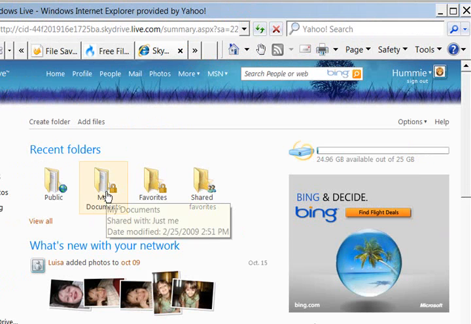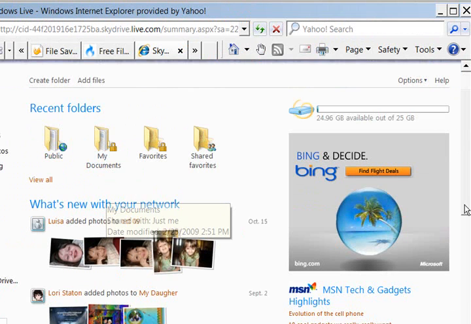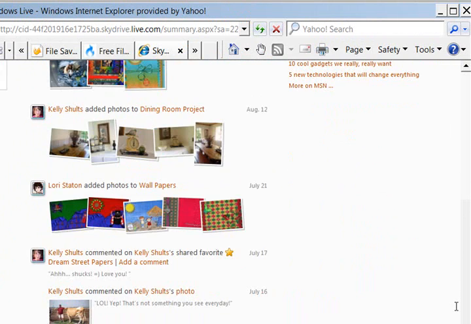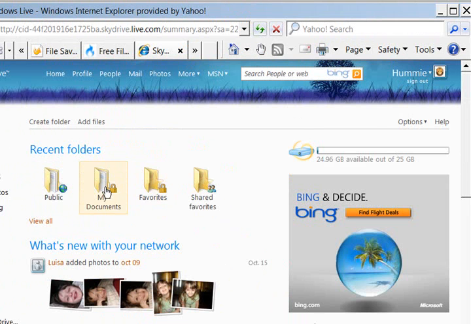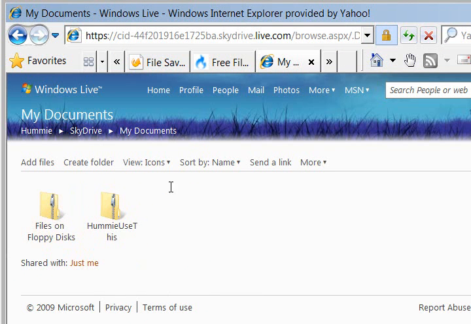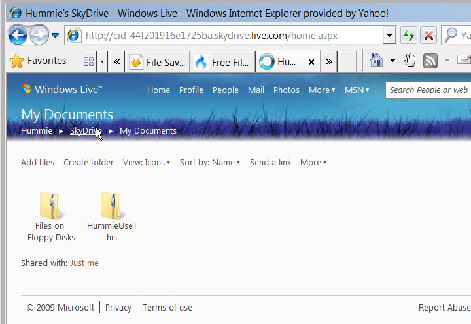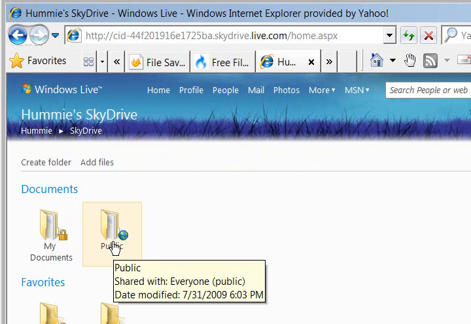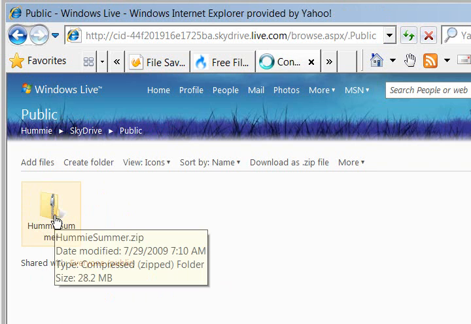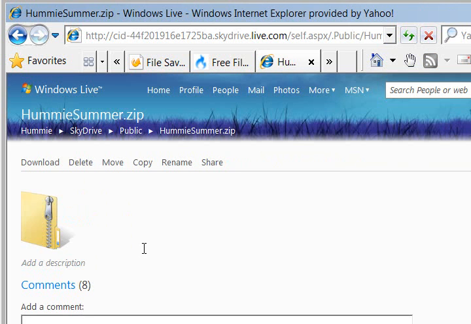And you can see I have some folders here. It's actually a little network. You can see other people here in the digital scrapbooking world have been uploading things. I'm going to go to, I guess, my documents, and I don't think that's it. Public. Oh, and here I actually still have a freebie up there, and so when I click on it, oh, look, see, there's the comments. I can then click on share,